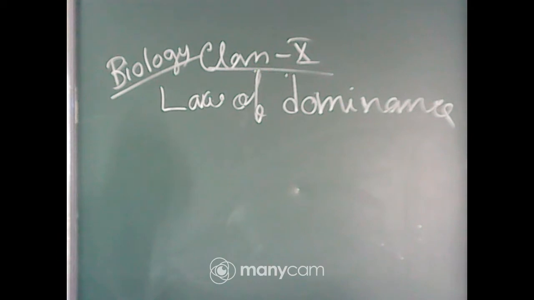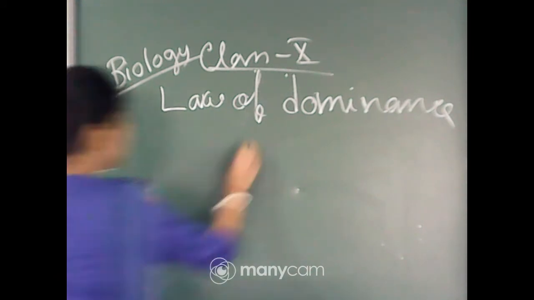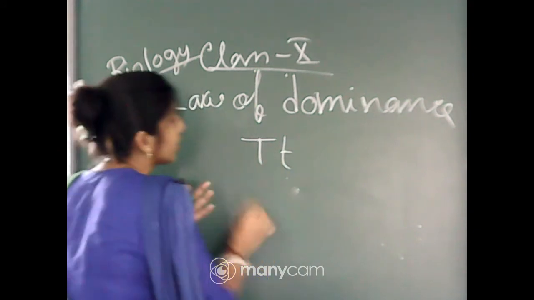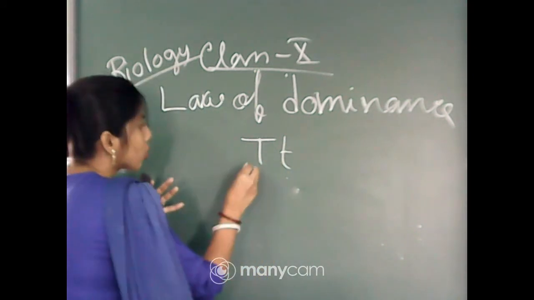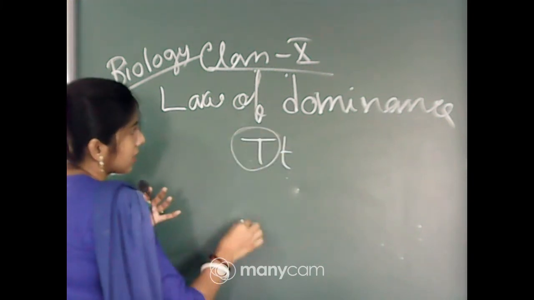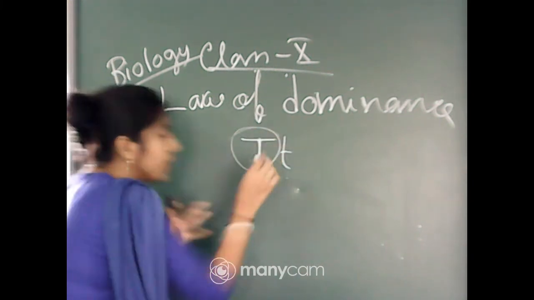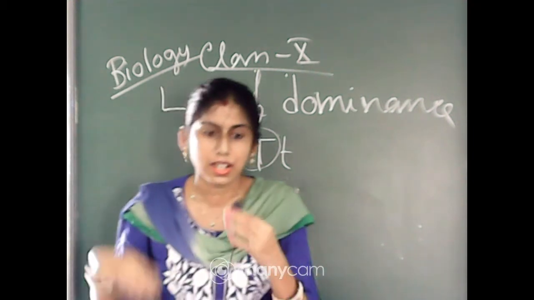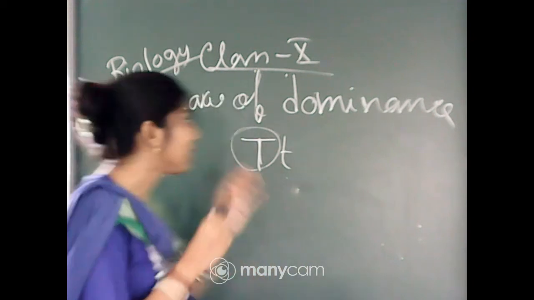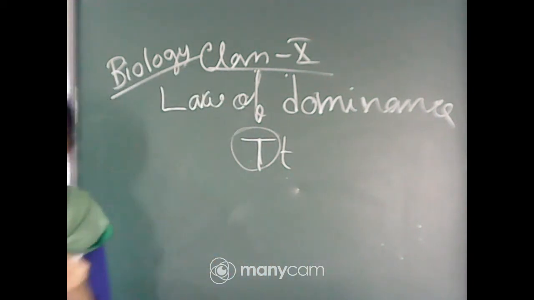The first one I have written on the board is the law of dominance. What is the meaning of this one? You can see that when the plant was in heterozygous condition in the F1 generation, the plant was showing its dominant characteristics. That means the dominant one will express, so the plant will be tall. That law is considered the law of dominance.